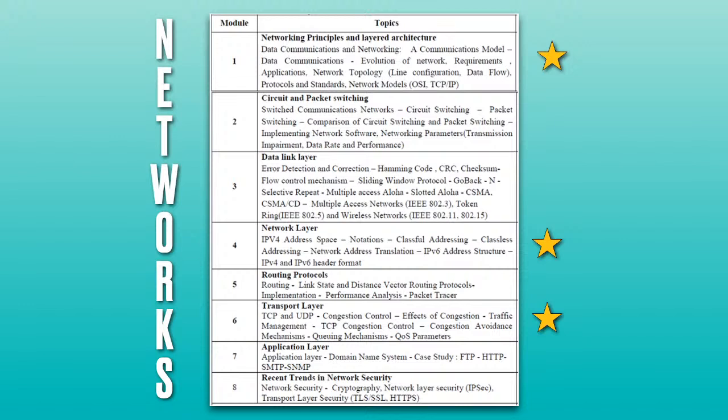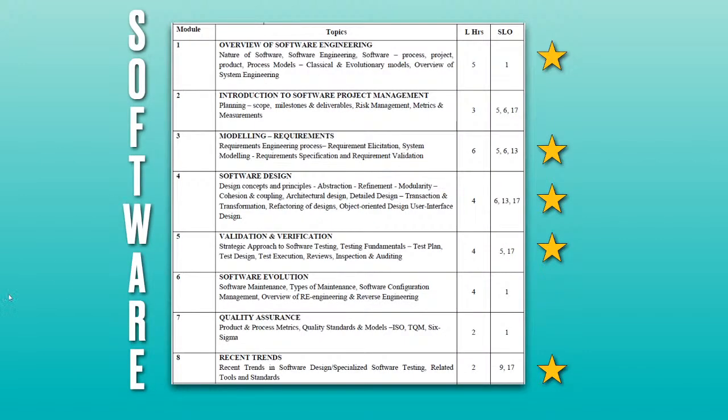So you have to know what these protocols do and why they are important for that particular layer. Finally, we have software engineering, and this is not asked very often, but you need to know these various models such as the waterfall model, the evolutionary model, and so on, because they can ask you these sort of questions in interviews. Like I have faced it in one of my interviews. So it's a good idea to cover these topics, and I've highlighted the important topics using the stars.